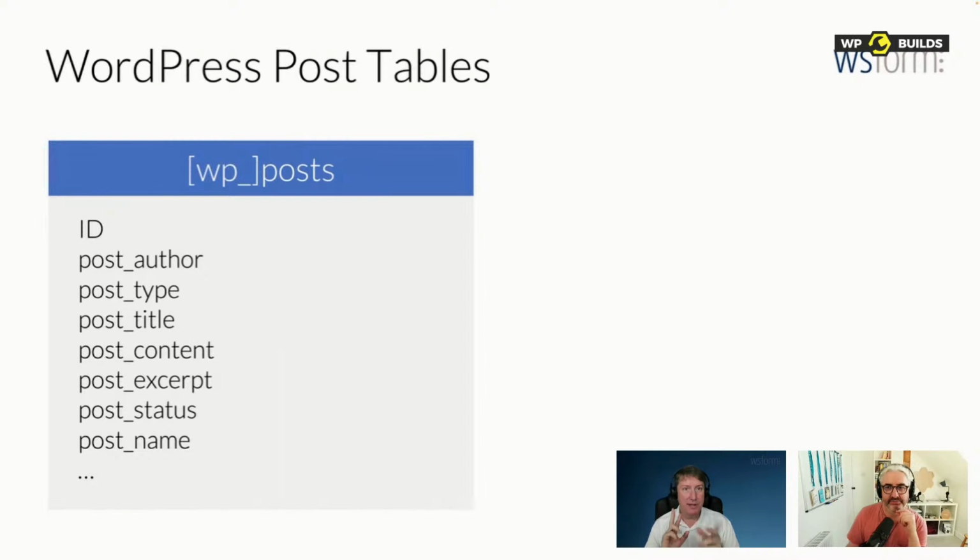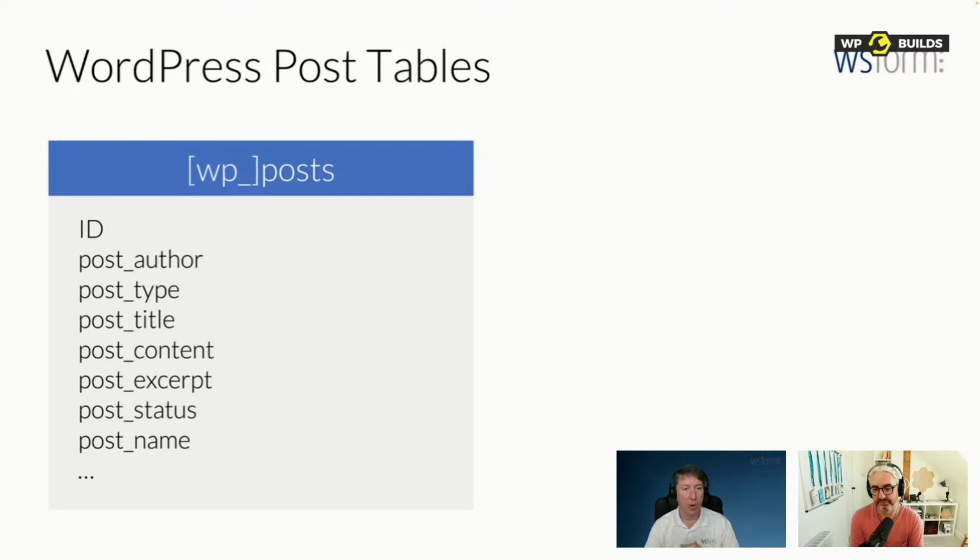So there are 2 tables in WordPress that are used to store posts. One is called WP_post. I've put the WP underscore in square brackets on purpose, and that's because sometimes that database prefix can be different. Your hosting provider may have changed that, but usually it's WP_post. And the different fields in that table for storing those posts are anything from the ID, which is a unique